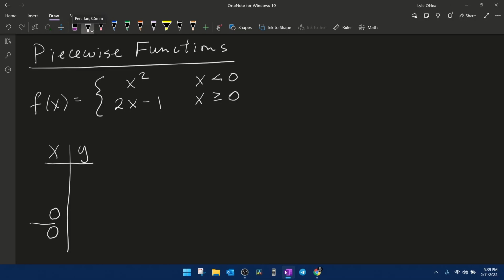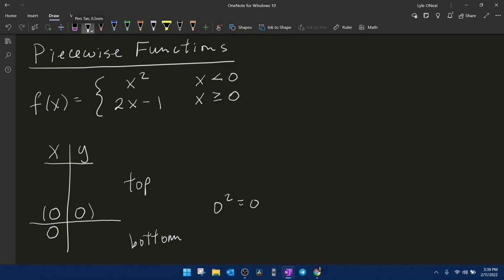And I'm going to put a line here to delineate that all of the x's I choose above the line are going to go in the top piece of the function, and then all of the x's below this line will plug into the bottom piece of the function. Okay, so plugging 0 into the top piece first, 0 squared is 0, so I will have the ordered pair